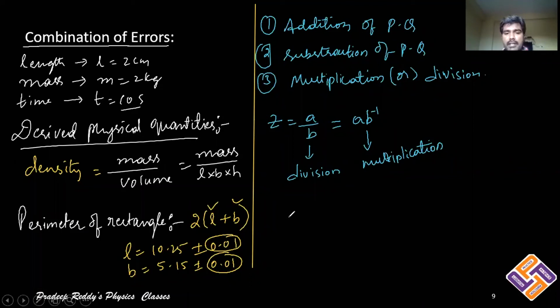Likewise, you may get any physical quantity Z which is equal to A minus B. When you are measuring A, you will get an error. When you are measuring B, you will get an error. In such cases, if it is subtraction, you will be dealing with subtraction of the physical quantities. So errors can be added, subtracted as well as multiplied. This is what is called combination of the errors. Now we need to learn about combination of the errors. Have you understood why we are doing addition of errors?